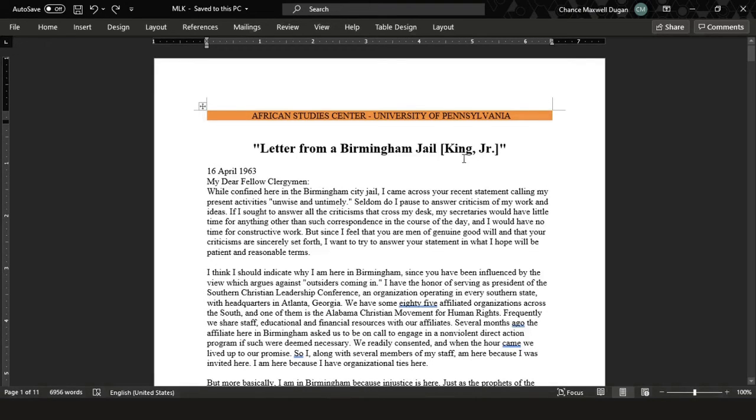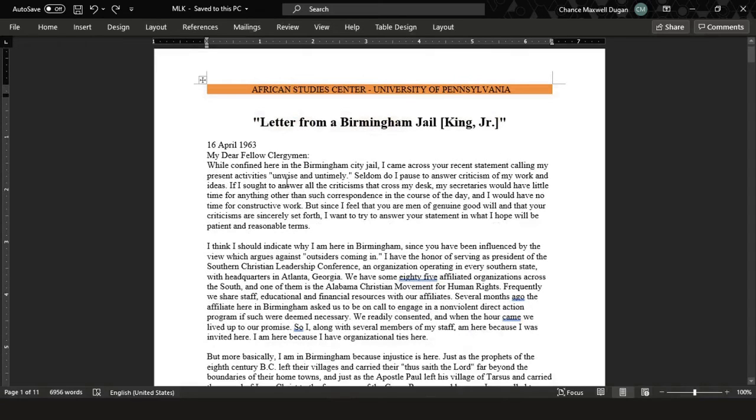You can use play-by-play to get a feel for the reactions that you as a reader have to a piece of writing. So on screen we've got a copy of Letter from Birmingham Jail by Martin Luther King Jr. from the African Studies Center of the University of Pennsylvania. And so I would go about this pretty much the same way. I would read through the first paragraph and then record my response. So let's see that in action.